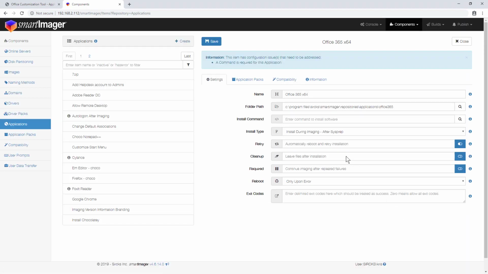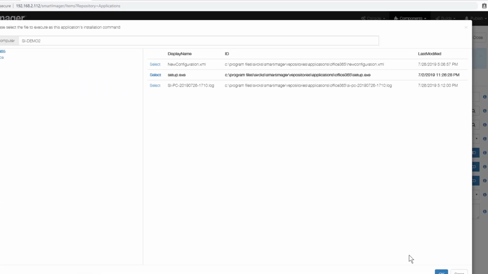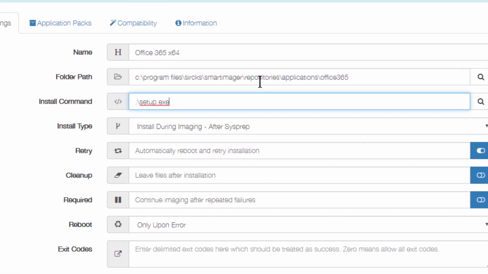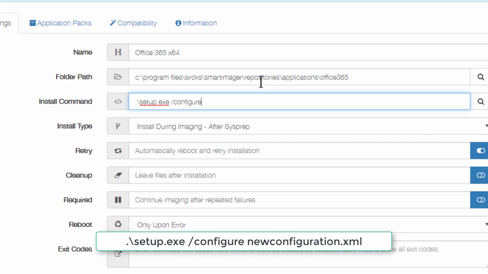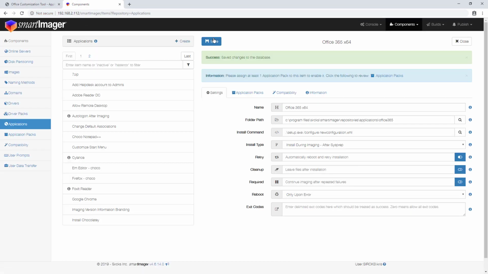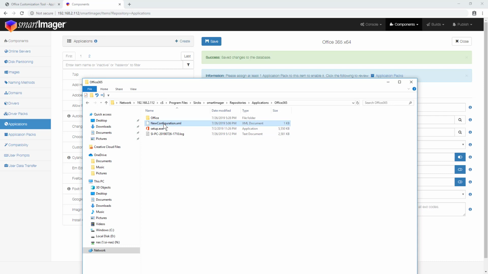I'll click OK. In the install command, I'm just looking for that setup.exe file. But I need to call the new configuration XML, and the way I do that during deployment is by going /configure and then merely saying new configuration.xml, and I'm telling it to use the new configuration XML file. I'll click Save there, and once again I just want to reiterate that in the new configuration XML file,